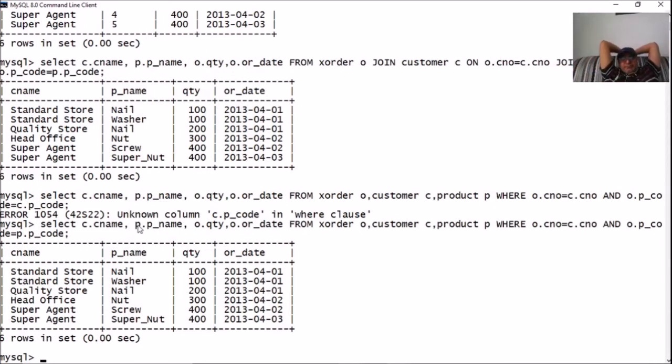The answer is same which we had received in the previous join command, right? This is how we can join more than two tables.